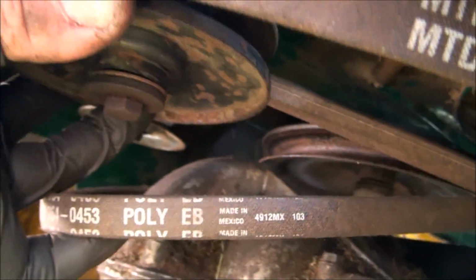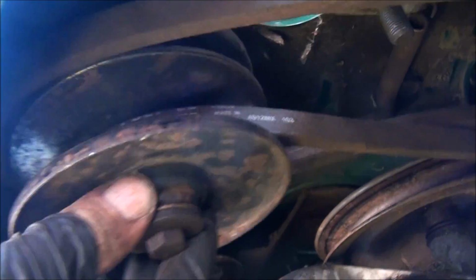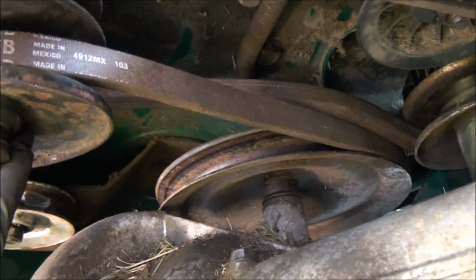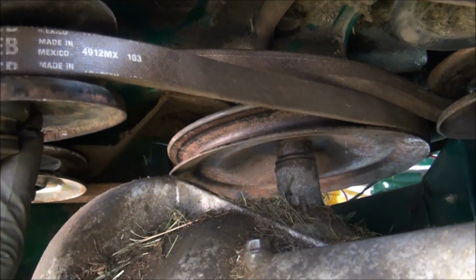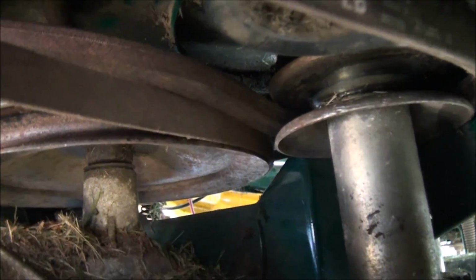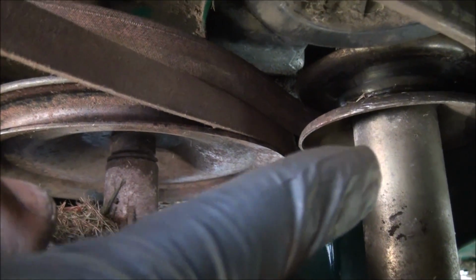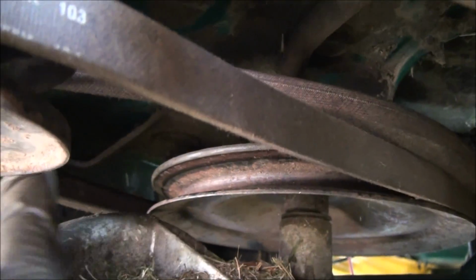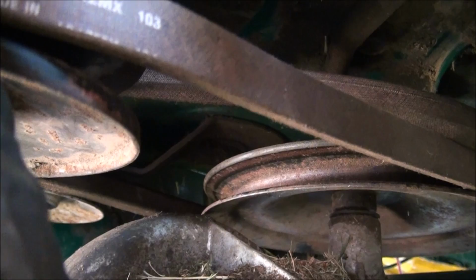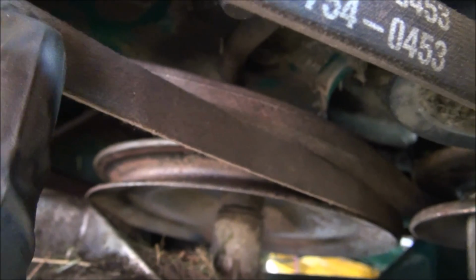Then you put this belt on, the belt that's attached to the transmission. It works to leave this variable speed pulley kind of loose while you're assembling all this. Just kind of helps get the belts into place easier. Okay, so I attached the belt to the top engine pulley. Got it in place. And as you can see, the belt that goes from the engine pulley goes to the top variable speed pulley. And the bottom part of the variable speed pulley goes to the transmission,